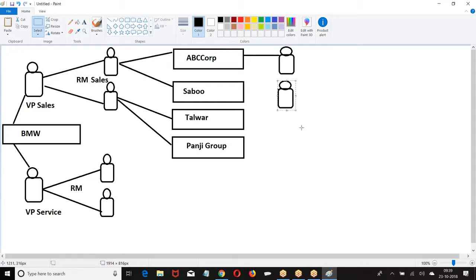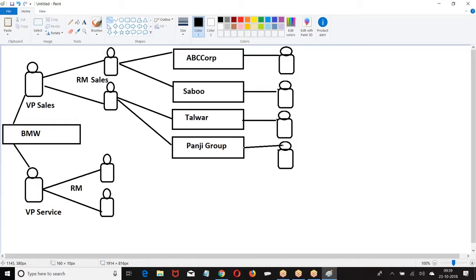There may be one person or maybe a group of persons for each distributor. Who are these? These are the representatives of these companies. If any new lead comes, they'll log in and upload it. If any new order comes, they'll log in and upload it. If a customer is coming to my showroom and wants to book a vehicle, I'll raise a booking. These people will log in and raise a booking. The booking is accepted by the regional managers. Then the order will be placed to the manufacturing unit.